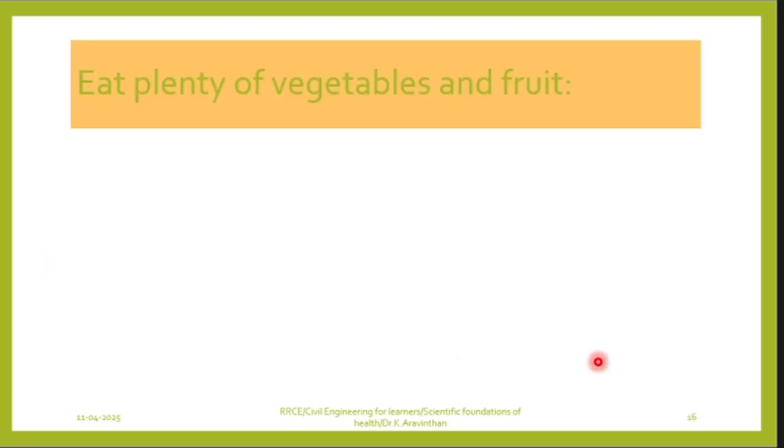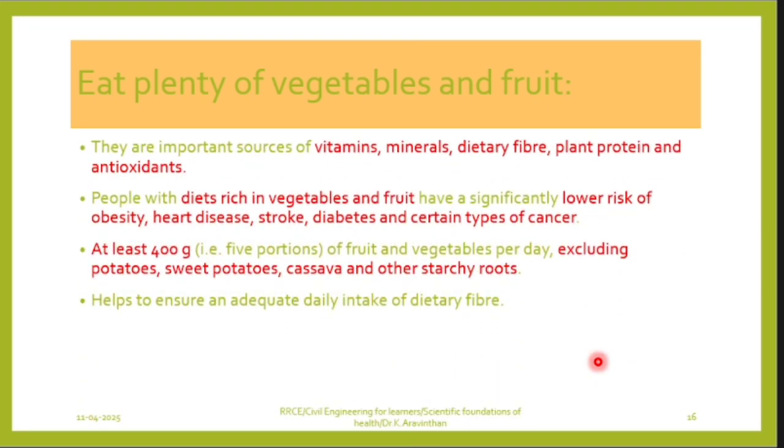Next thing, they are saying to eat plenty of fruits and vegetables. Sir, but how much can we have? Do you have a range? Yes. WHO gives a range of how many grams of fruits and vegetables daily. At least 400 grams daily. The richness of vegetables will decrease obesity, heart disease, stroke, diabetes, cancer, etc.